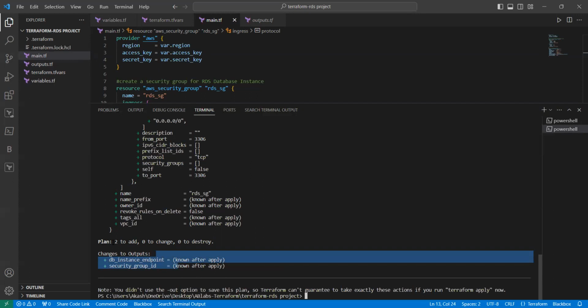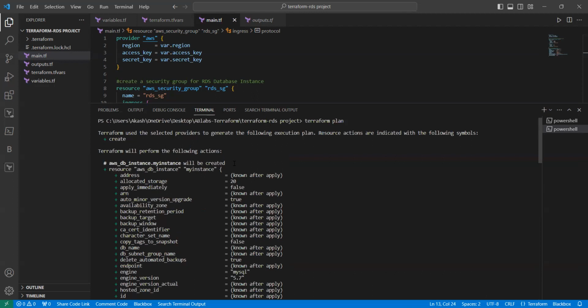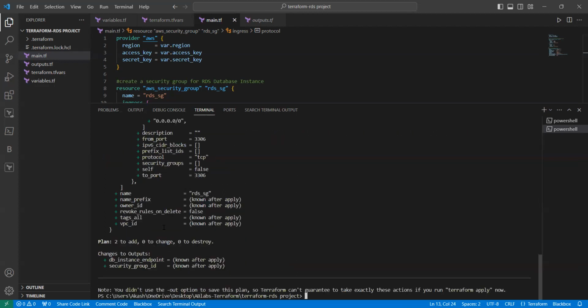As you can see, it plans 2 to add, 0 to change, and 0 to destroy. It is adding our RDS DB instance and the security group, which will be created after we type terraform apply. So now clear the screen,